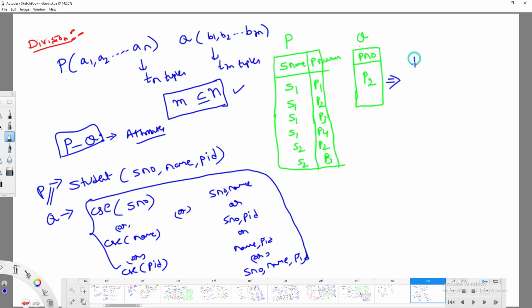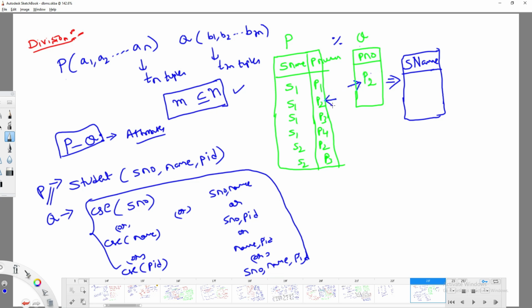Then what is the result? The exact meaning of division is, if you take the tuple in the denominator, that should be common for all elements. P2 is an element related to S1, and the same P2 also satisfies S2.